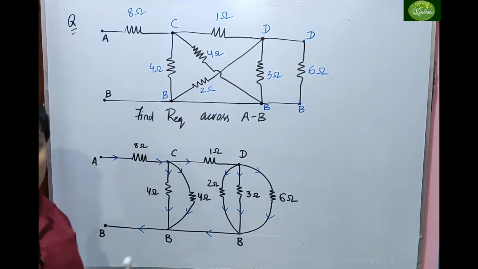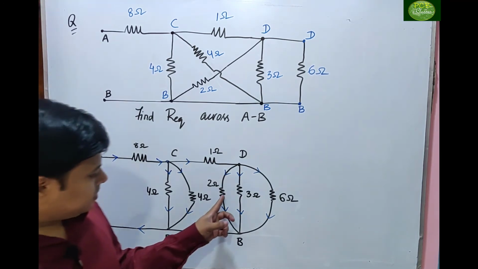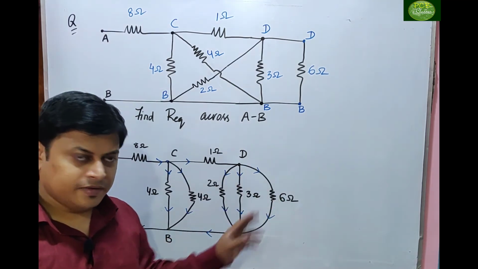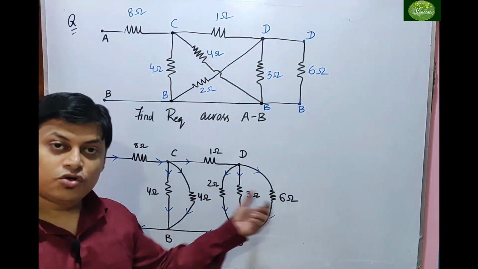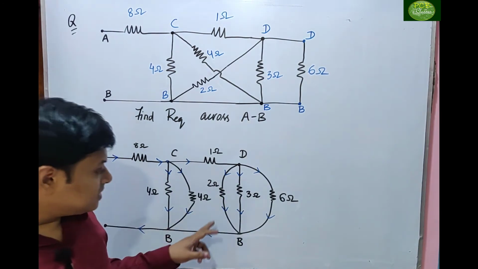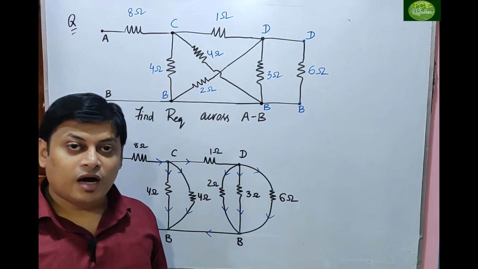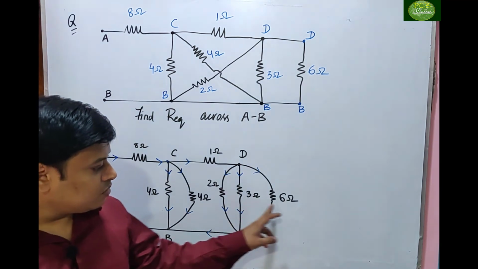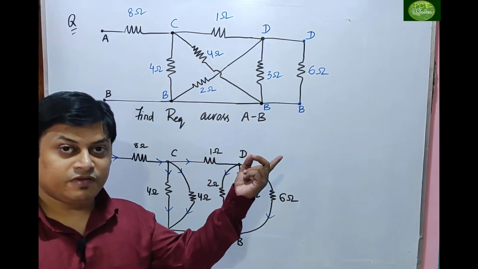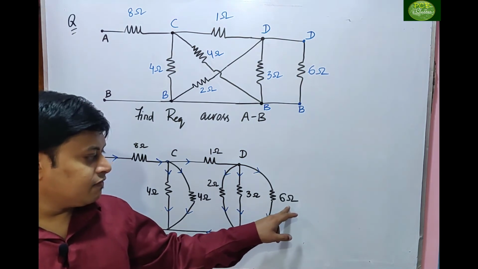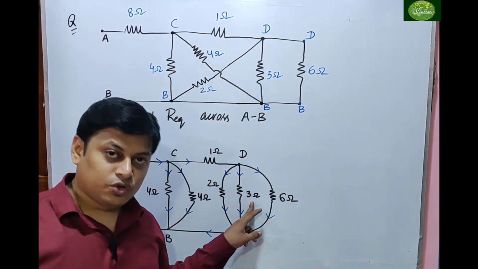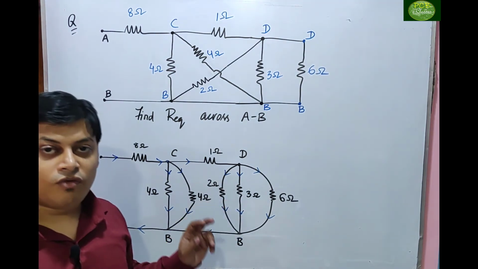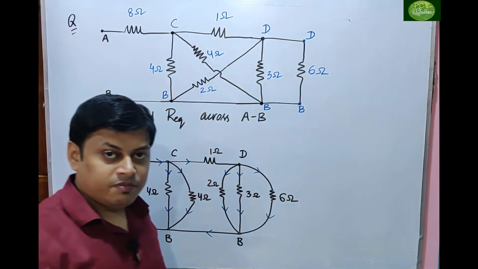Next, what we have to do is find out parallel or series. Now you can see here 2 ohm, 3 ohm, 6 ohm. Starting point is D, that is common for all 3. Ending point is B, that is common for all 3. So we can say that 2 ohm, 3 ohm and 6 ohm are parallel. So first find out 3 ohm and 6 ohm. What is the parallel condition? We have got it in the previous one. If 6 ohm and 3 ohm are parallel, we will get 2 ohm. 2 ohm and 2 ohm will be in parallel. So how much will we get? 1 ohm. We have got it in the previous one. You can refer to the previous problem.